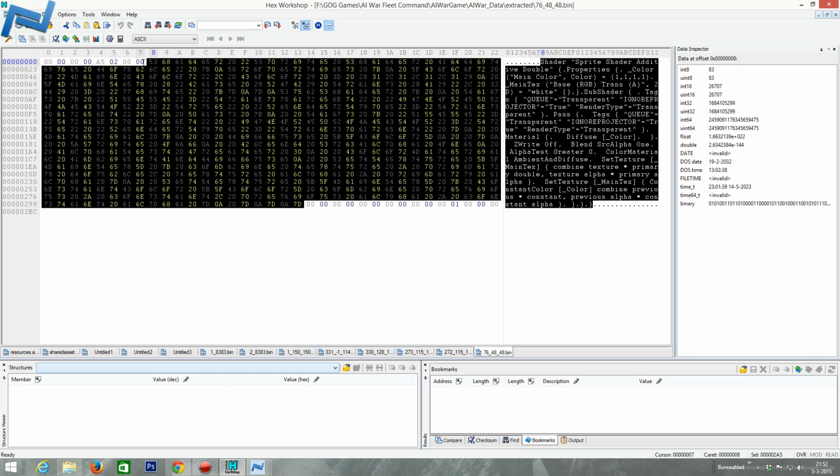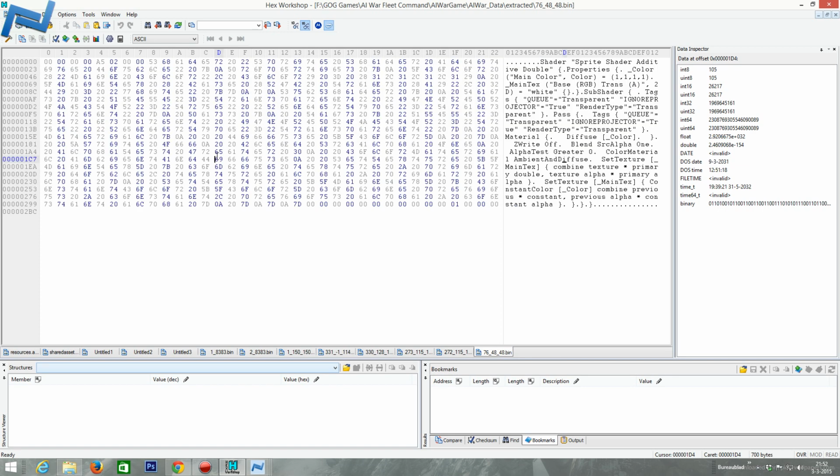This is interesting, huh? 2A5, this particular size. So this looks like a script, right? This is just pure text. You can just copy this into any text editor, and it's a shader